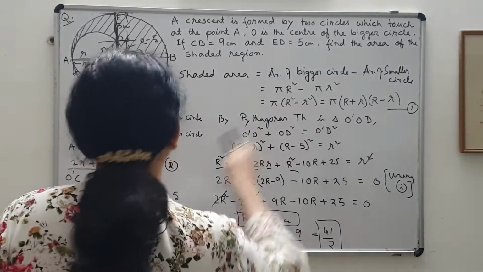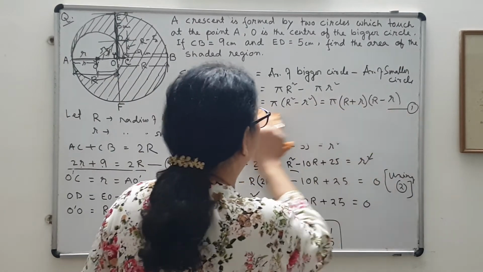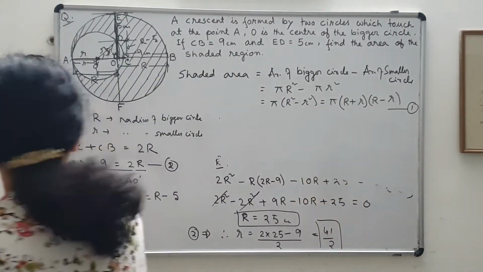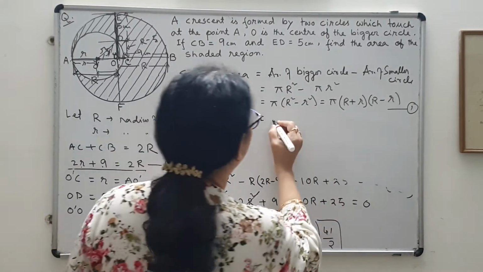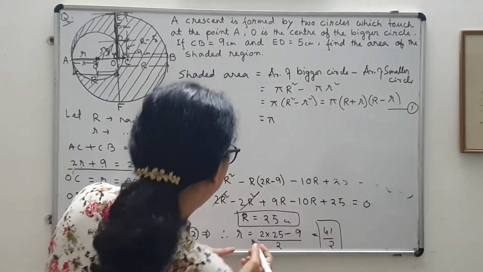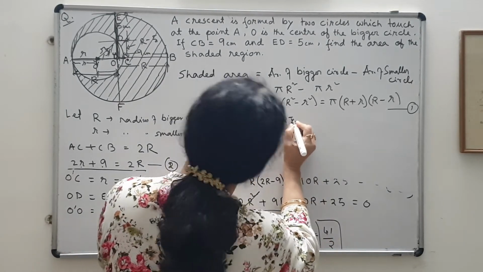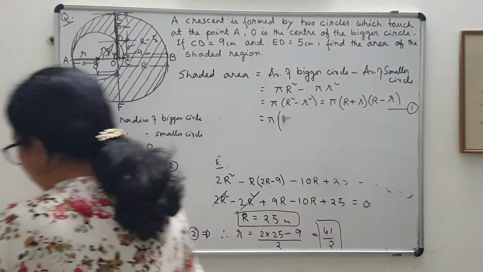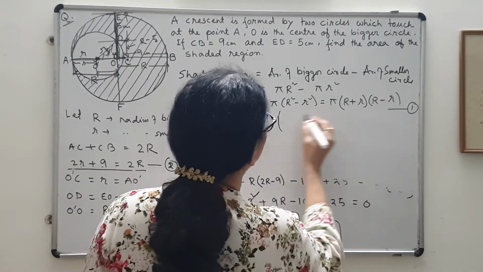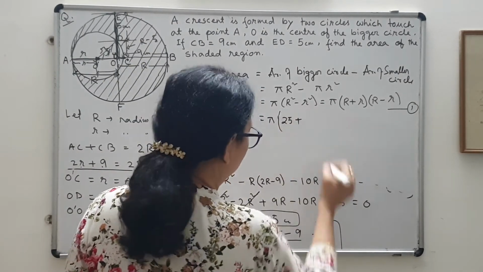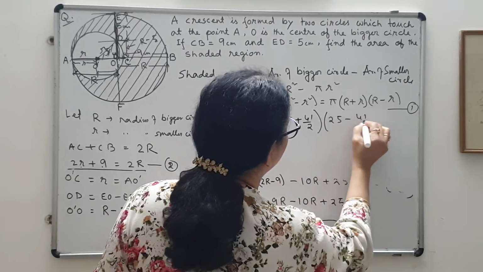Now I'll put this value here. So I can erase this part, I think. So I'll do the calculation part now. Calculation part also you can manage. I'll put the value of pi at the last, depending upon what it comes out, no? Yes, sir. So R plus r means it was 25 plus 41 by 2, which is 91 by 2. Oh yes, so good. Okay, let me write it down. This 25 plus 41 by 2, and it is 25 minus 41 by 2.